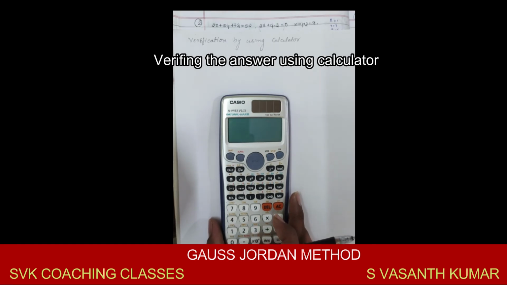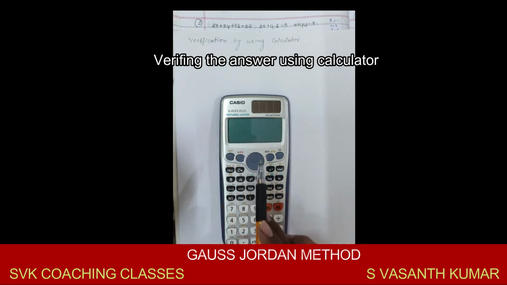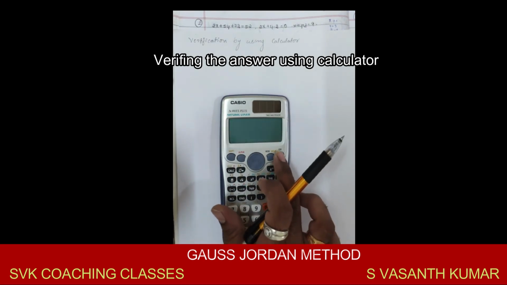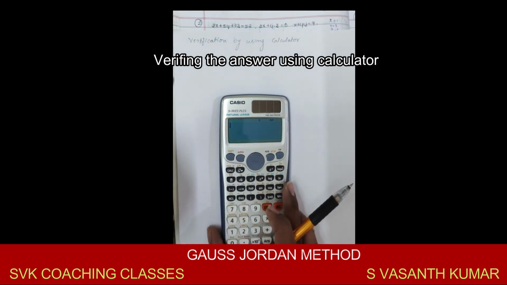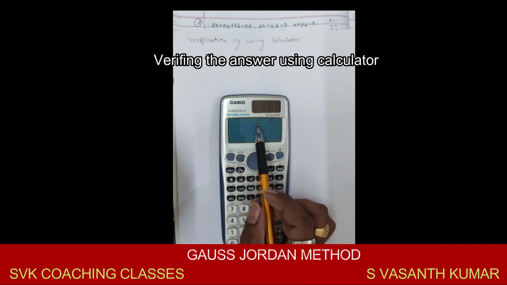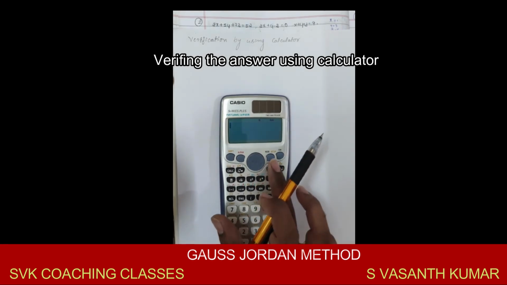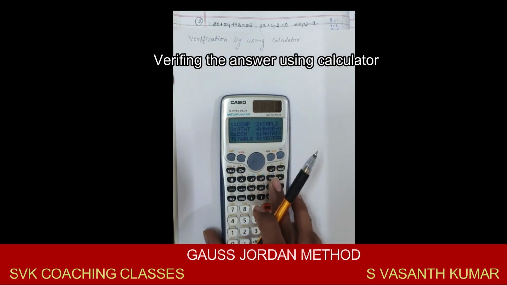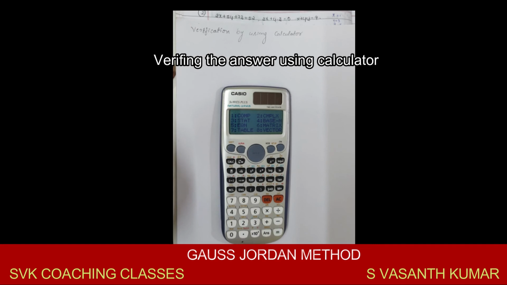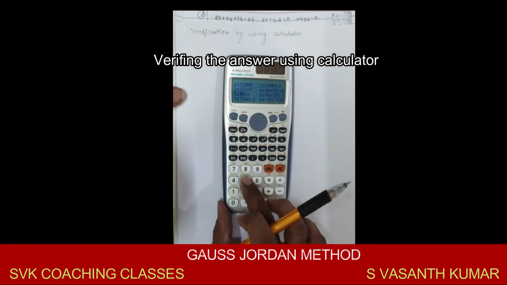The given problem is 2x plus 5y plus 7z equal to 52, 2x plus y minus z equal to 0, x plus y plus z equal to 9, using a calculator called FX991ES. So start by pressing on. Now it is showing math mode and degree mode. Always press shift 9 to clear all the memory. Then go to equation mode, so press mode, then press 5 as it is equation.